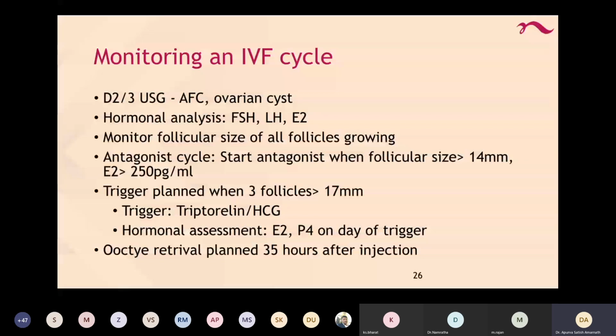In terms of monitoring, the follicular monitoring is done for all the follicles that are growing. So irrespective of their size, ideally they should be documented no matter how big or how small they are, because each of the follicles does contribute to the risk of hyperstimulation. In an antagonist cycle,